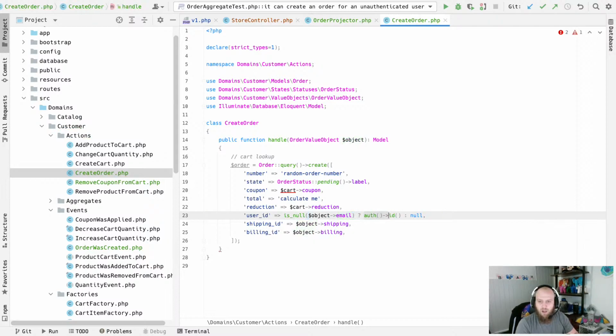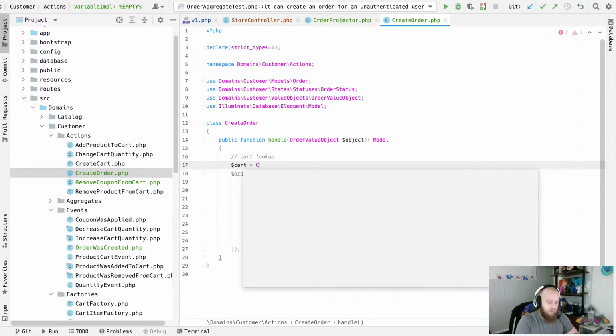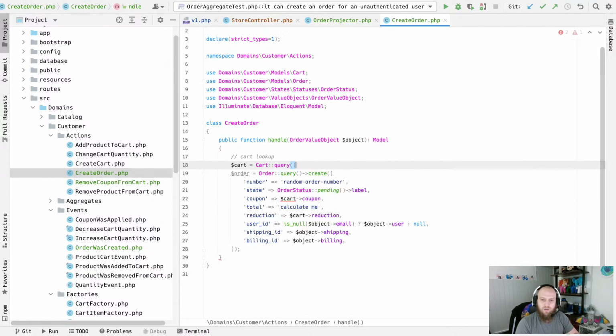If the email is null, then it's going to be object user or null. And then we'll get the cart up here, so we can say cart equals cart query